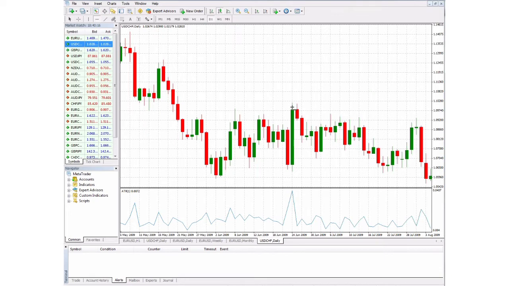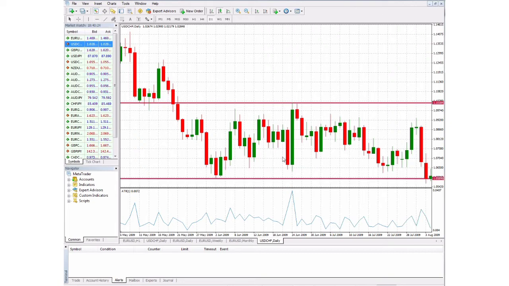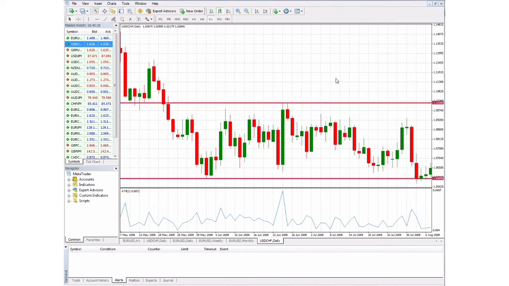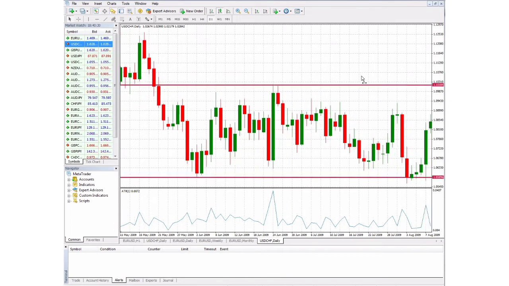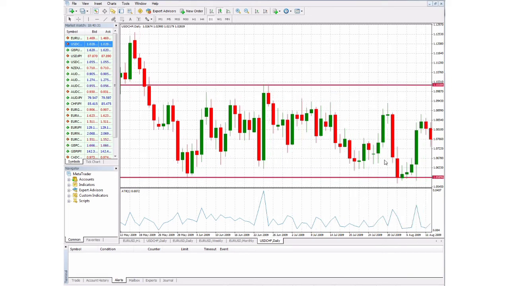Okay, and let's look at our resistance being up there, our support being down here, and let's go by here one at a time again. We bounce off. We're moving up nicely. Now you'll notice this may be a more major level here, and as we come down further,